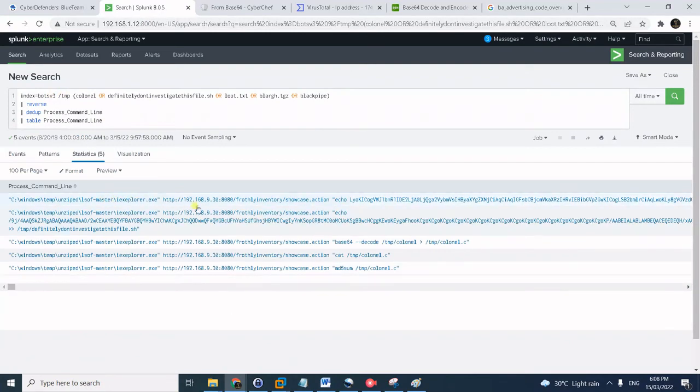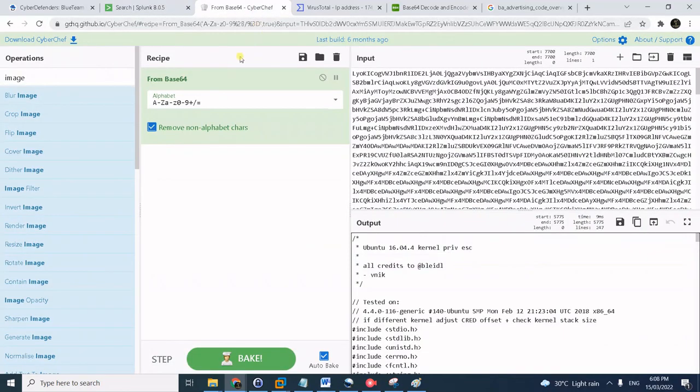So the very first one is what we need to investigate. Simply copy the base64 string of the first resulting event. Once you did that, paste it to CyberChef, use the From Base64 recipe, and you will find this decoded string. This is actually the second line,